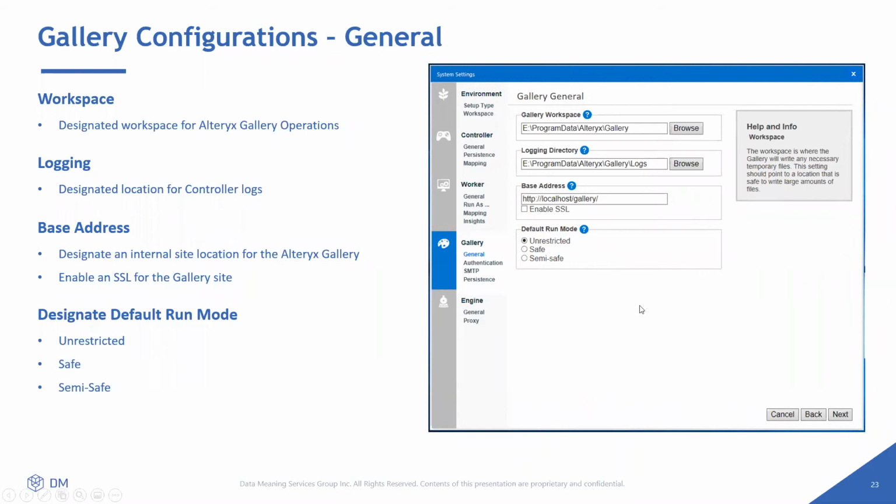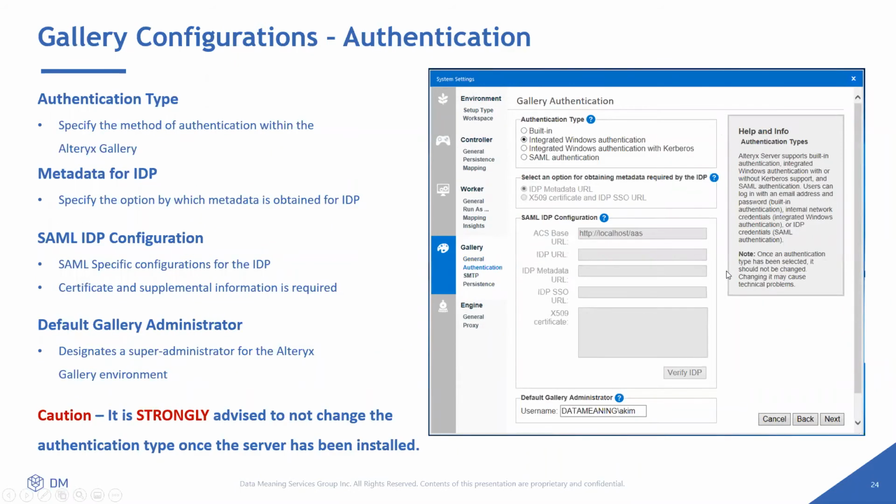The next big piece is the gallery authentication. And this is something you need to take into consideration when you are first standing up your server environment. Selecting an authentication type and providing the associated information. So in the case of SAML, making sure you have your IDP data, having any configuration if you happen to be going to a particular URL and using the 509 certificate. You need to make sure all of that is available prior to this